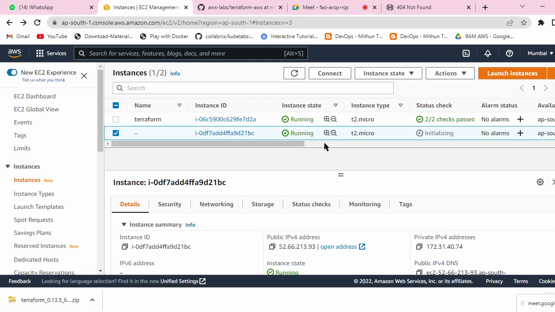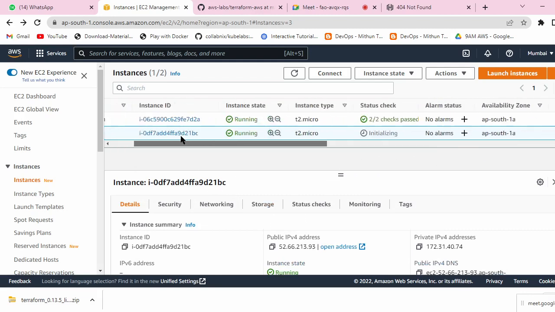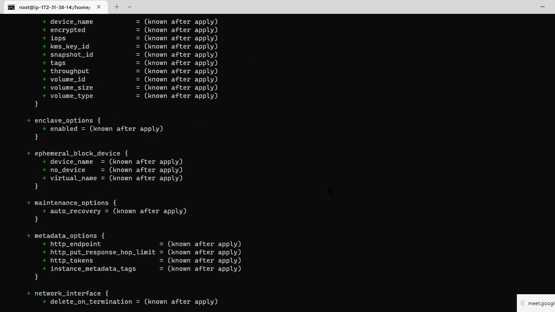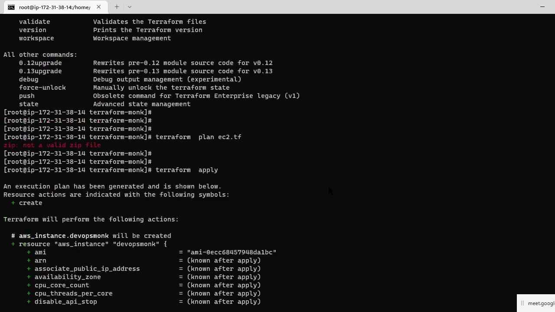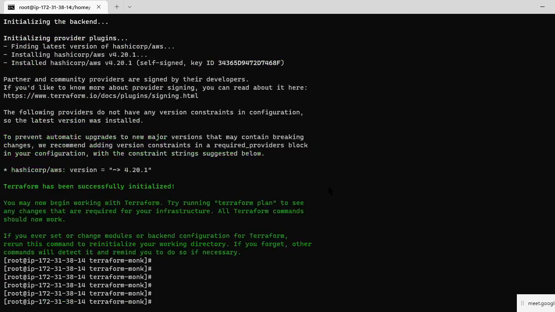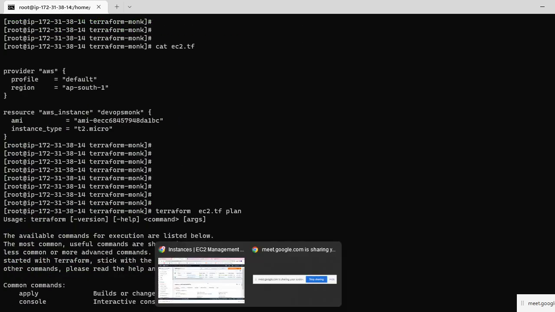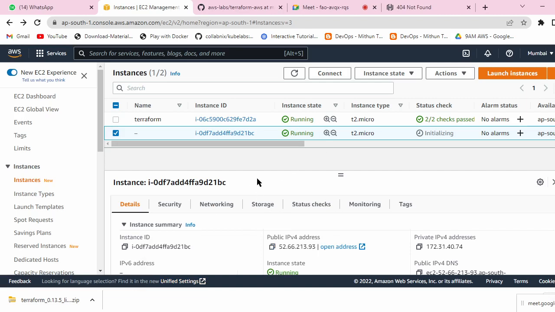So this is how the resource can be executed from the script. Simply we can write a script, so we can execute the resources from the CLI only, not going to be GUI mode here.